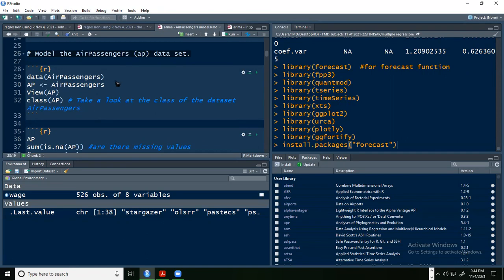air passengers data. R usually includes with it data sets that can be used in statistical analysis, one of which is the air passengers. If we check, for example,